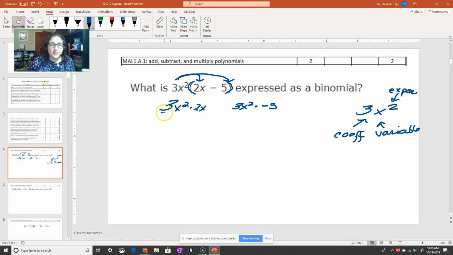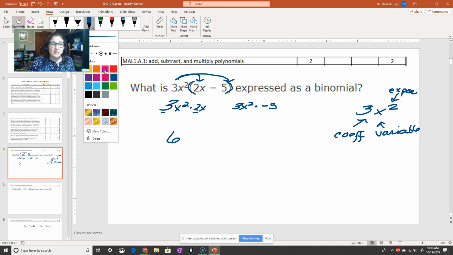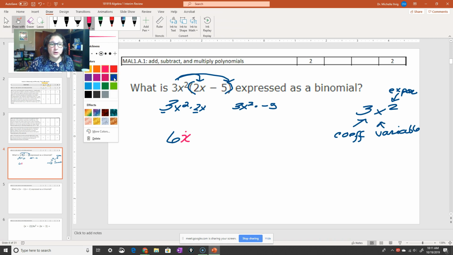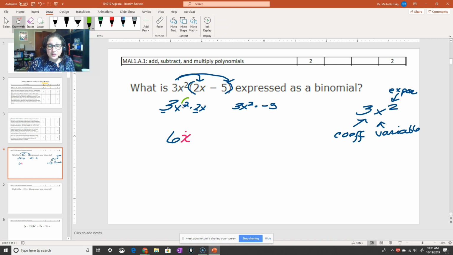So right here, I've got 3 times 2, which is 6. So we did that first. Good. Then what we're going to do is we're going to write down our variable. So that gives us x. And then we have to look at what are the exponents. So here I have an exponent of 2. Does anyone know? You can either put your mic on or you can type it out. What would my exponent be next to just the x? Be brave. Someone be brave.